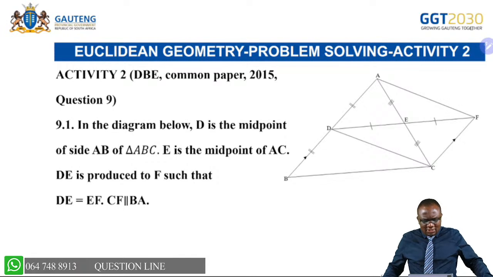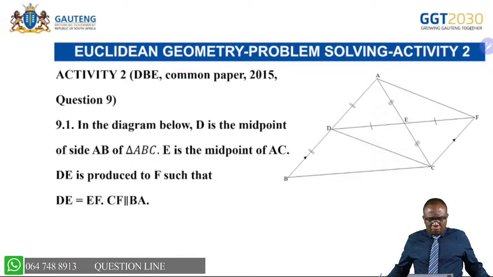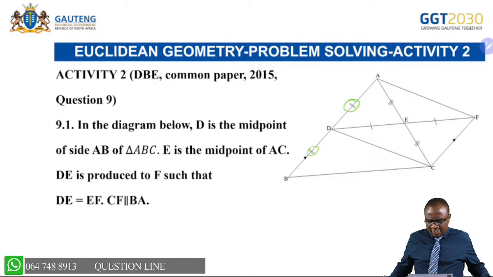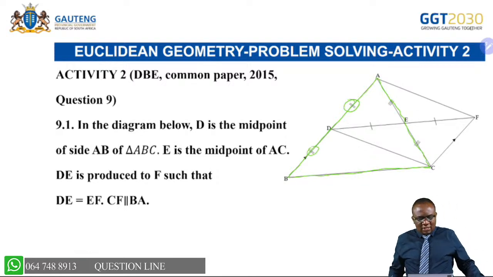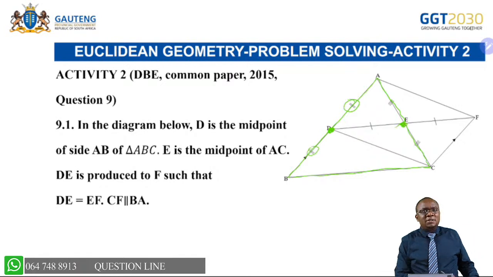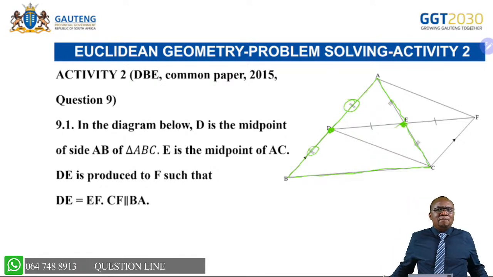Right. In the diagram below, D is the midpoint of AB. Is it indicated? If it is not indicated, I have to do that. Yes, it is, because of this. Of triangle ABC. You see triangle ABC. Okay. E is the midpoint of AC. Interesting. D the midpoint, E the midpoint. What do I sense here? Midpoint theorem. Before I even look at the question,